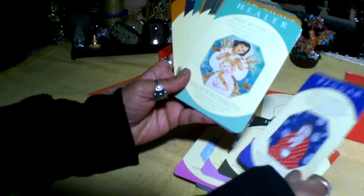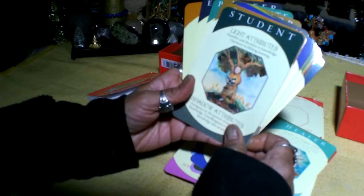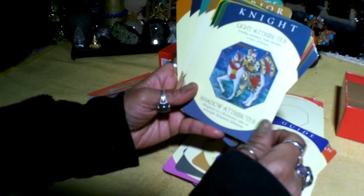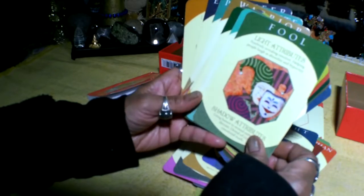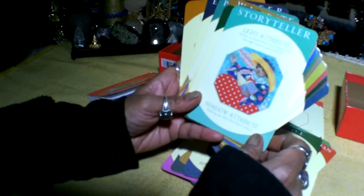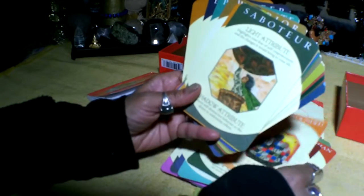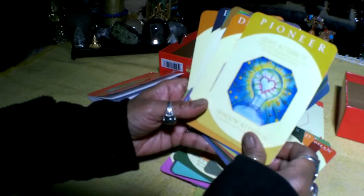Beggar, healer, student, the child divine, guide, knight, fool, the storyteller, avenger, child wounded, saboteur, pioneer,